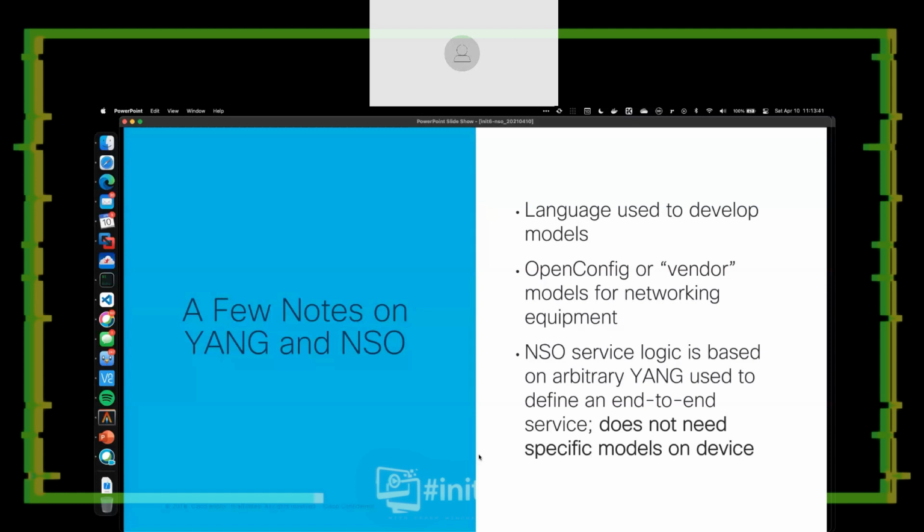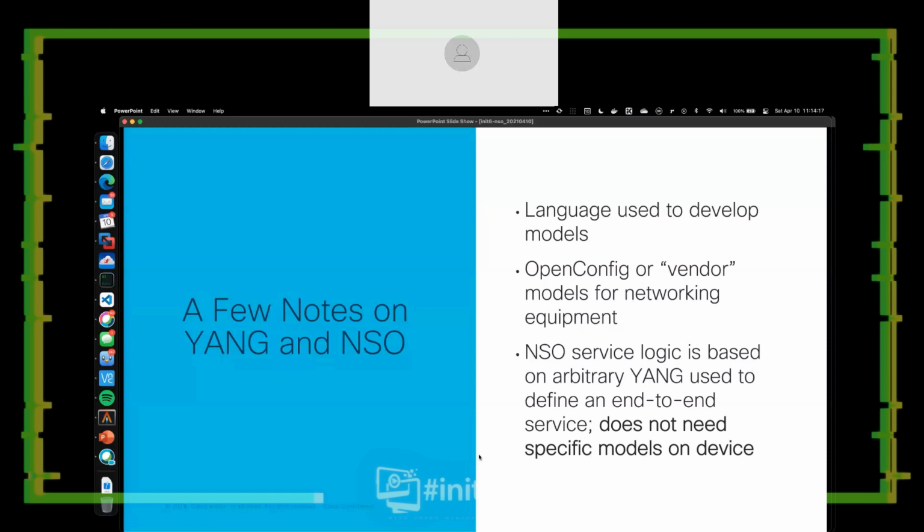Things that are designed with models at the very front of it, like the Catalyst 9000s, Catalyst 8000s, are all model driven from the very start because they don't have to deal with all the baggage of previous code versions. So you hear different types of Yang models is a way of saying that. Now, just because a device does or does not have Yang models does not mean that we can or cannot use it with NSO. Again, we have that parser logic within NSO. NSO uses Yang models in as much as that's how we define our services. And I'll touch more on what a service is, but we don't have to worry about a vendor created model